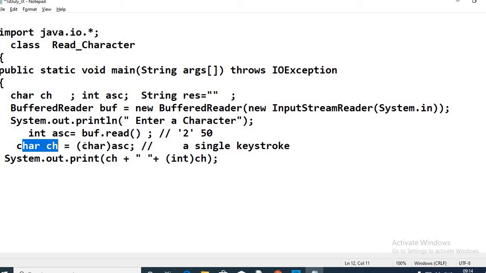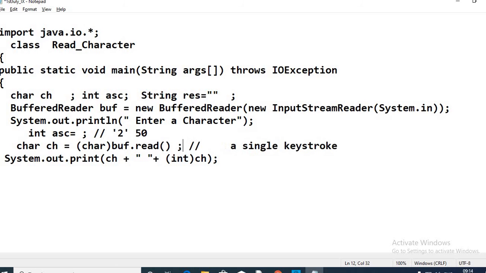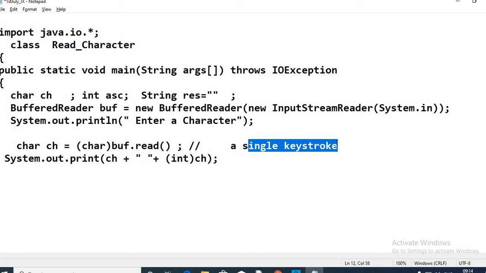So we can just merge these two lines of code. For instance, I'm trying to read a character, so we make use of the method read. When I make use of the method read, it's going to read a single keystroke.